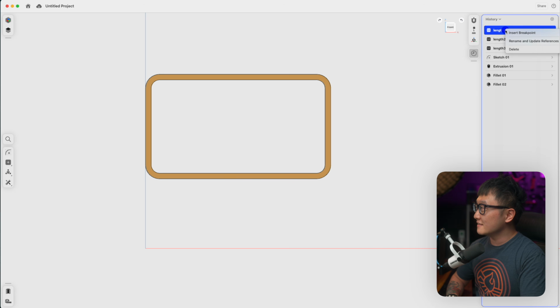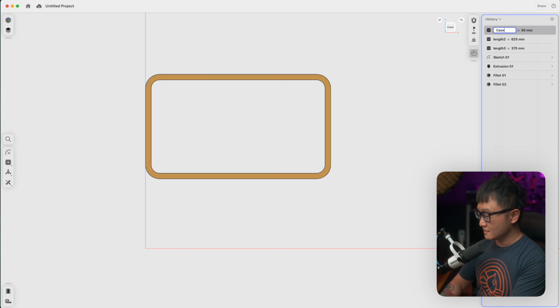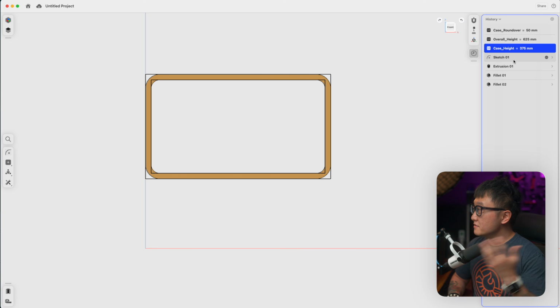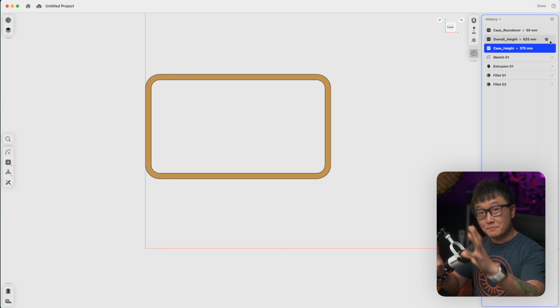So let's right click on the first one and select rename and update preferences. And we're gonna rename that to case roundover. Let's change the second one to overall height. And the third one will be case height. And there we go. Okay, so now that we've got the main dimensions defined, there's just a couple more things